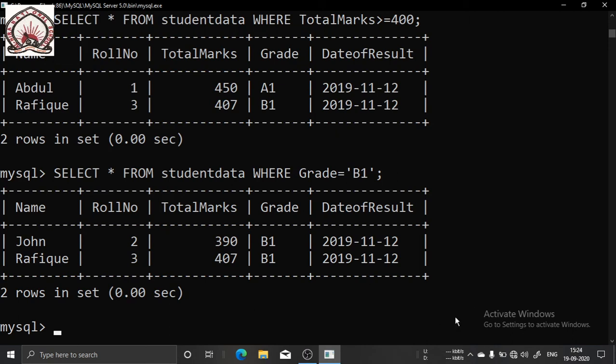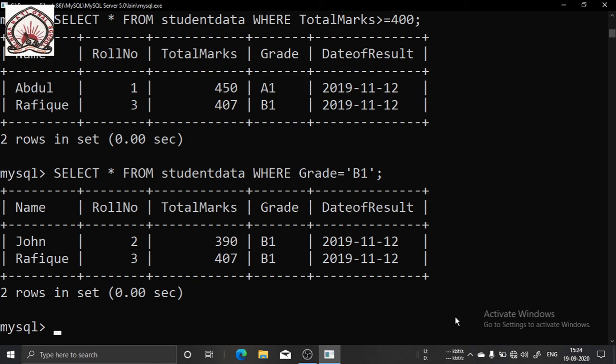Now my third one is selected columns and selected rows. Suppose I want to see the name, roll number, and total marks of those students who have got above 400. So what is my syntax?